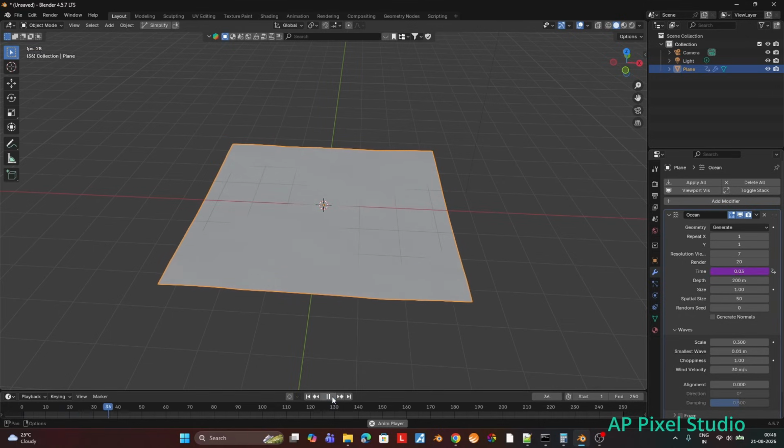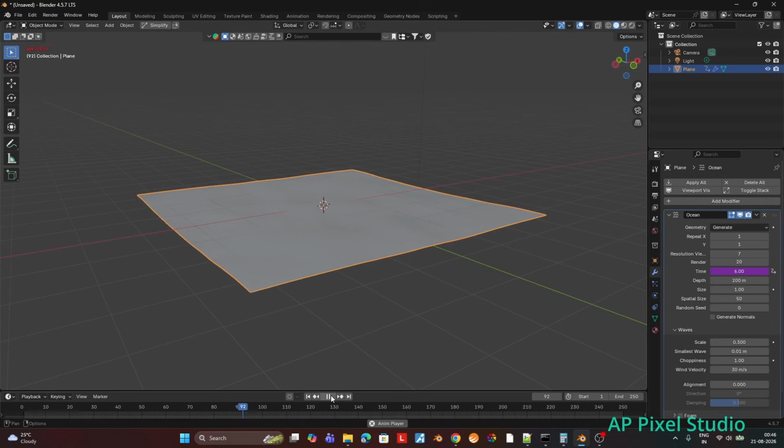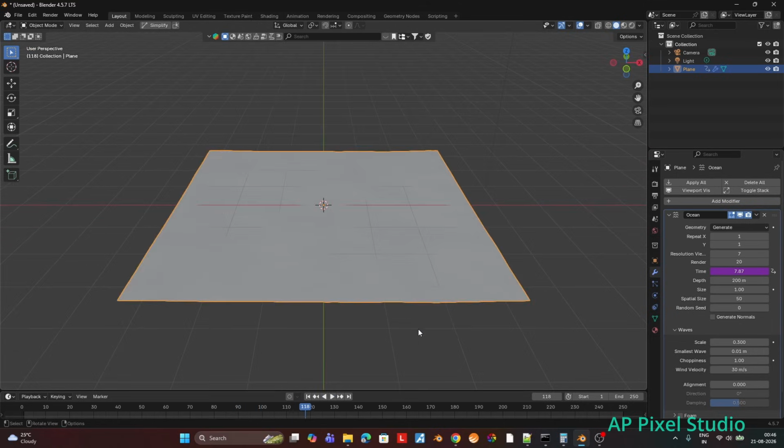If you see, it's creating waves, but it looks a little slow, so we'll change the 30 to 15 now. We check again, and this looks better and the waves are coming out very good. And if we look from nearby, the waves look good.